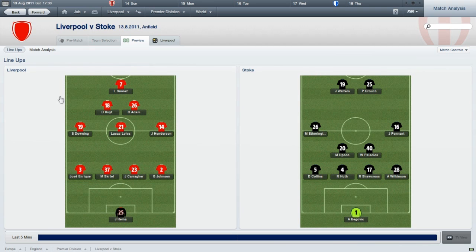It is a bit different, that one, though, because obviously there's no Steven Gerrard yet. Craig Bellamy is injured. He's injured for a month. Players seem to get injured very easily on this one for a considerable time as well. It's very annoying. But this team, as I say, got Lucas in centre mid, Jordan Henderson on the right,